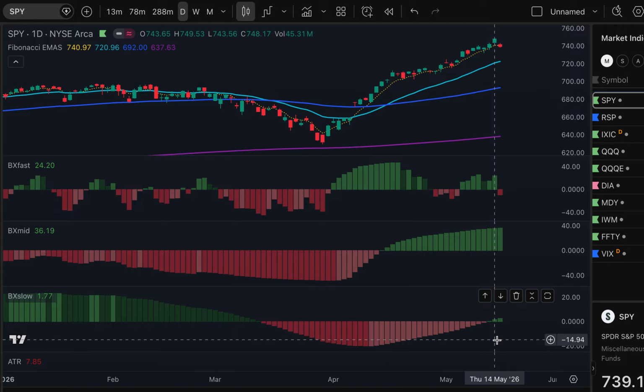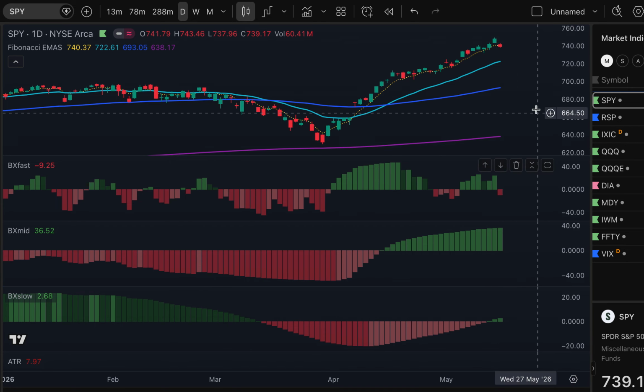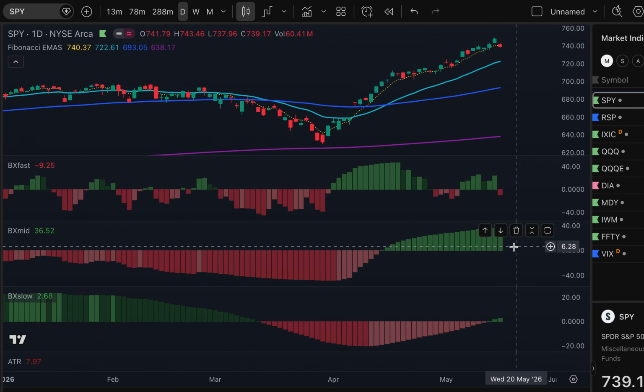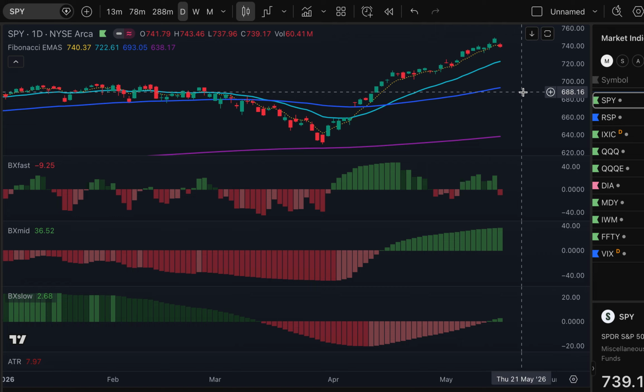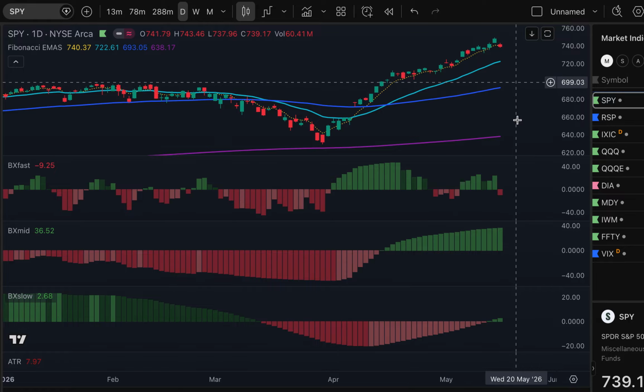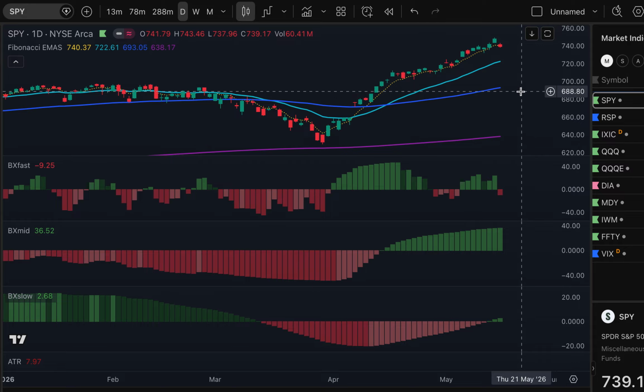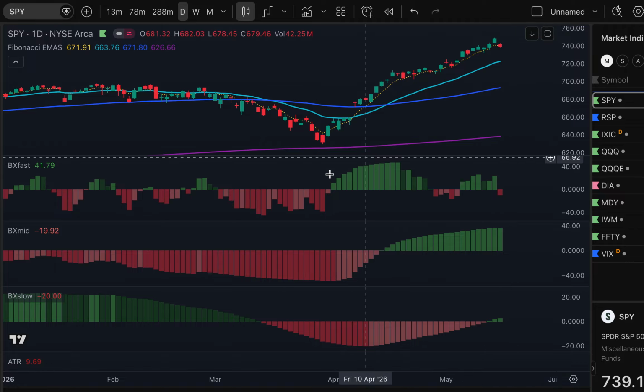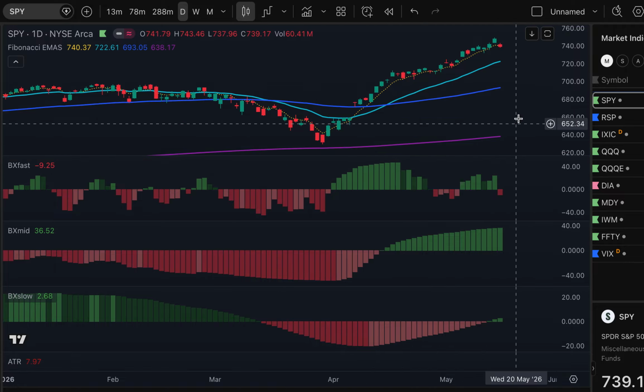And so it's above 0. It's currently at 2.68. And the mid has been building over the last several days, and the fast has been green for a while, and then it just turned red on Friday. So we could look at this